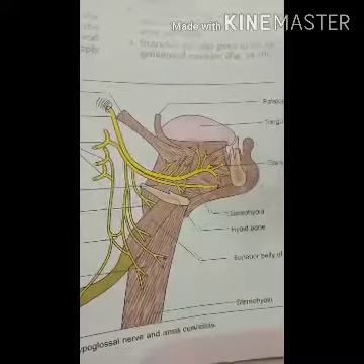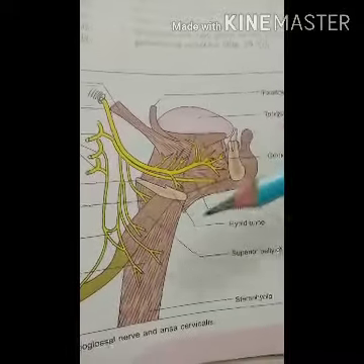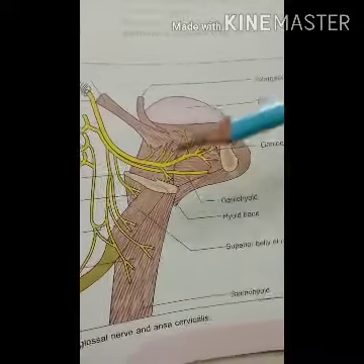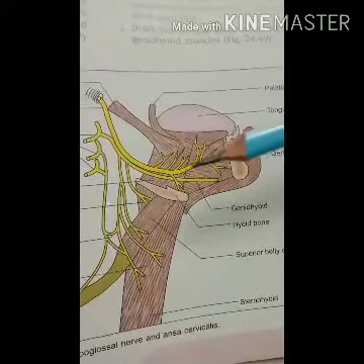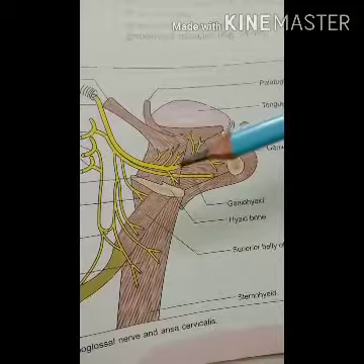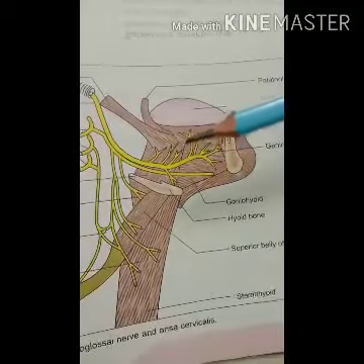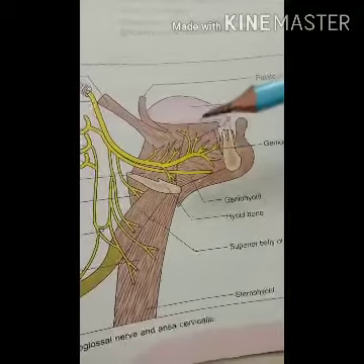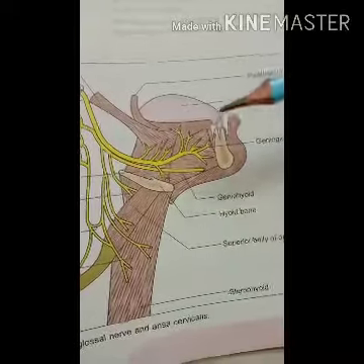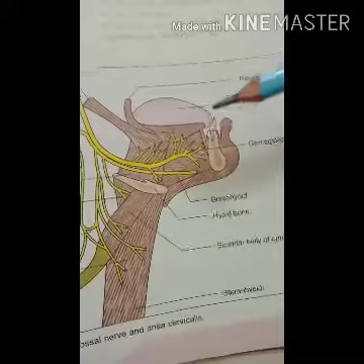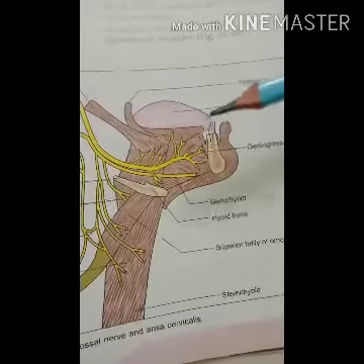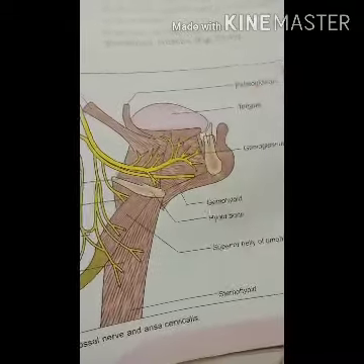The second clinical point is the supranuclear lesion. It includes upper motor type paralysis. In this, the tongue is affected on the same side where the affected nerve occurs, and the mucous membrane will show wrinkling due to the wasting of the muscle and fasciculations.